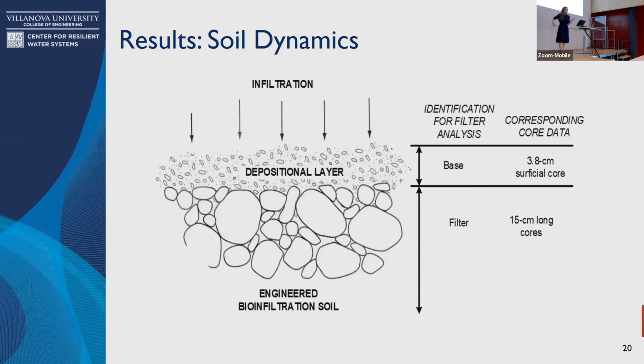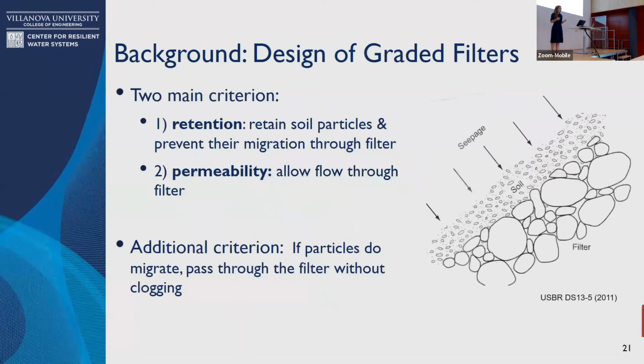So when dam engineers thought about this in their tailings designs for an earthen dam, they use different types of graded filters to make sure that the dam is stable, right? When you think about graded filters for an earthen dam used for mine tailings or something like that, there are two main criteria. We're thinking about retention of soil particles and also permeability to allow flow through. This image is taken from the US Bureau of Reclamation. So we don't want particles to pass and clog the filter.